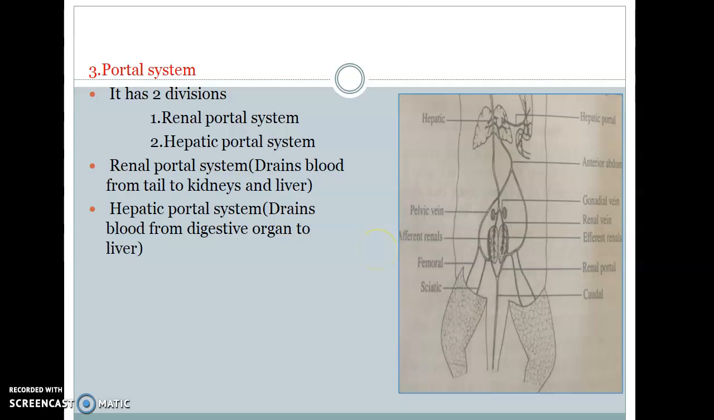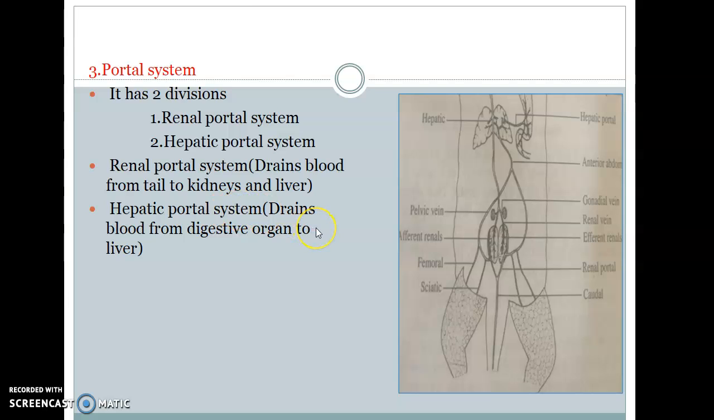Then comes the portal system. In addition to the pulmonary system as well as the systemic system, there are another two systems found in this portal system, called the renal portal system and the hepatic portal system. What are they? The renal portal system is mainly concerned with draining blood from the tail to the kidneys and liver. So the renal portal system receives the impure blood from the tail region and it enters into the kidney, and from the kidney it will move into the liver, and from the liver it will be connected to the postcaval